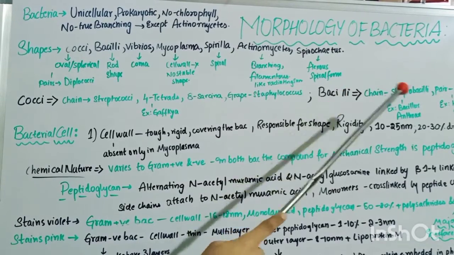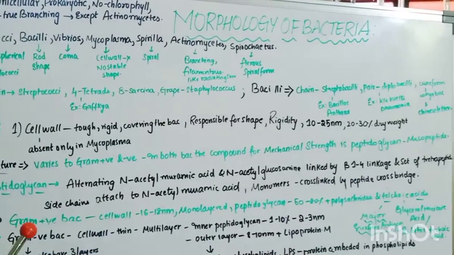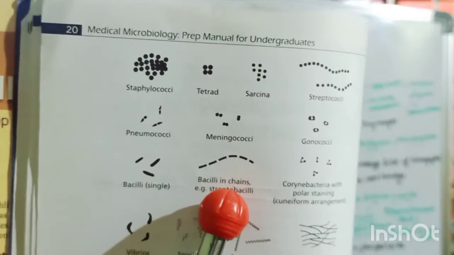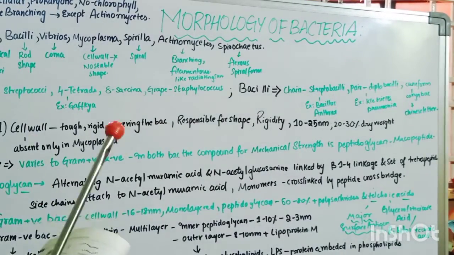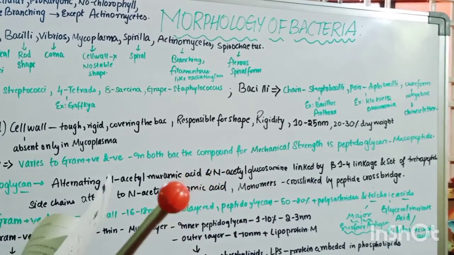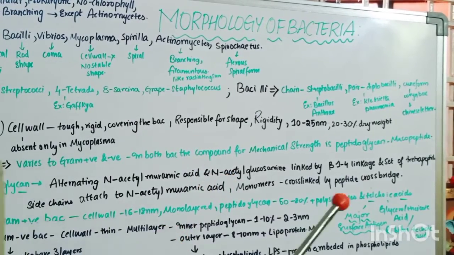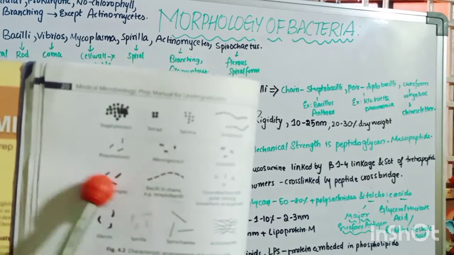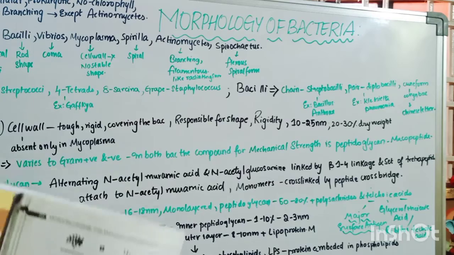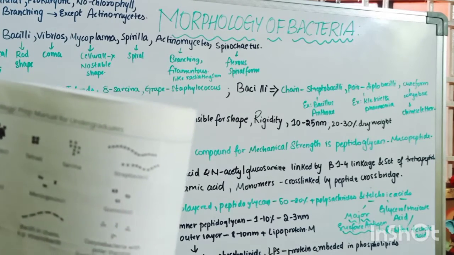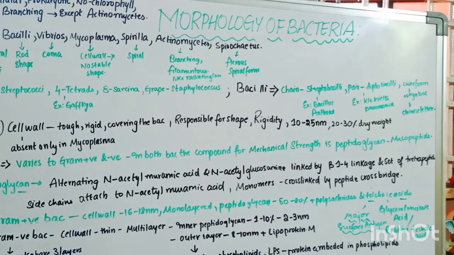And next, bacilli. Even in bacilli there are different shapes. If the bacilli is chain-like structure, then streptobacilli. So this is a streptobacilli. And next, coming to bacilli, different shapes is pairs. If the bacilli is like pairs, then it is known as diplobacilli. And the example is Klebsiella pneumoniae. So if this bacilli is in the form of pair, then you can imagine it as diplobacilli. And a Chinese letter pattern or cuneiform, and example for this is Corynebacteria. Here you can see this is a cuneiform Corynebacteria pattern. So these are the shapes of the different bacteria.